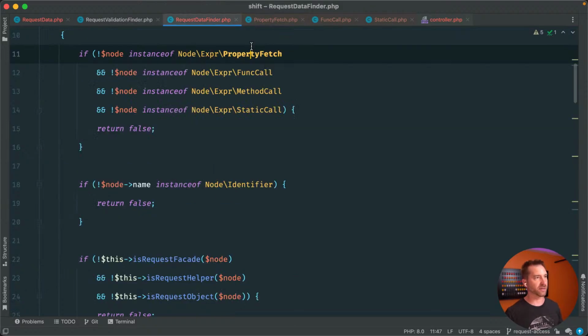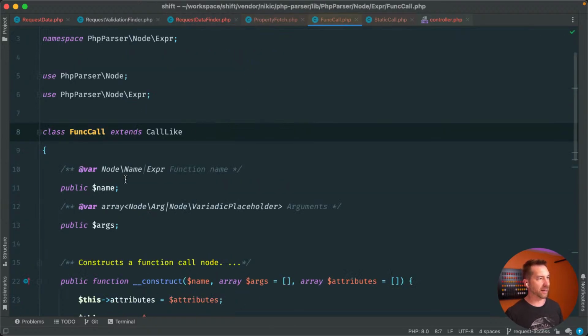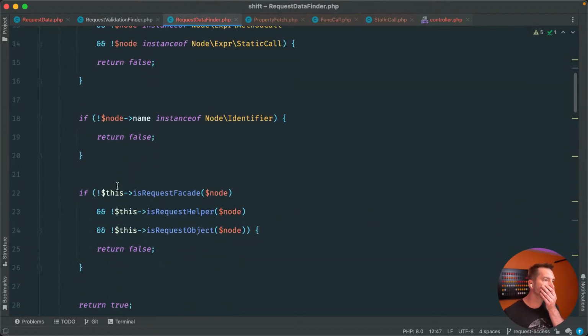Node name's identifier. Func call node name is just node name. So what we would do here is say, we kind of have to break this up. So if it's not an instance of identifier,